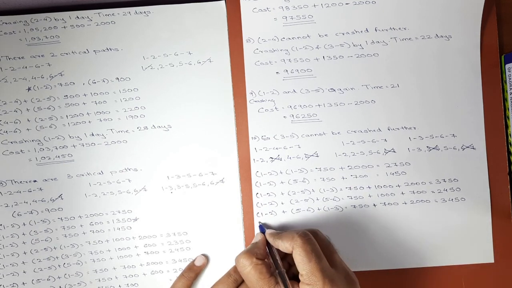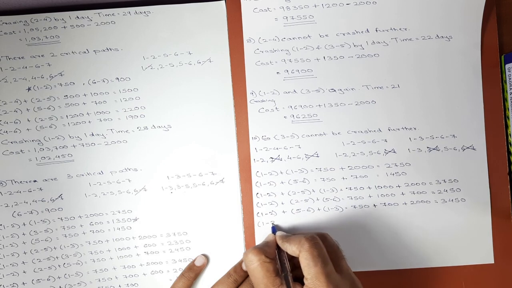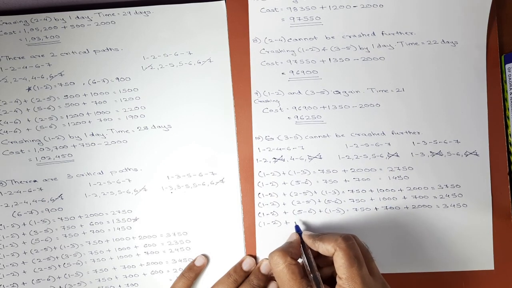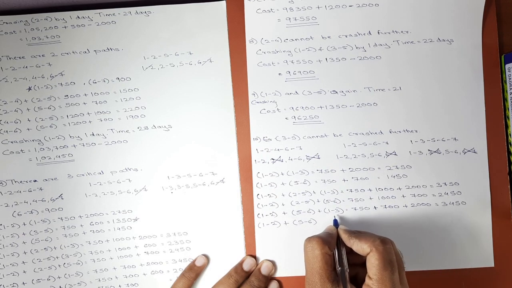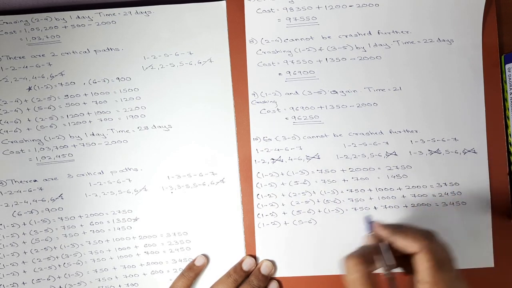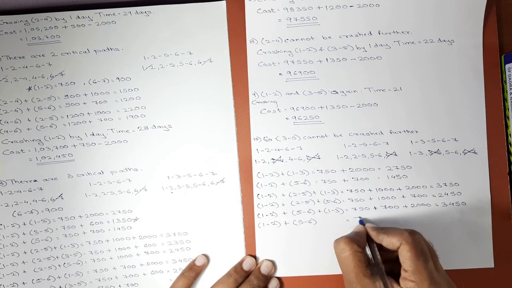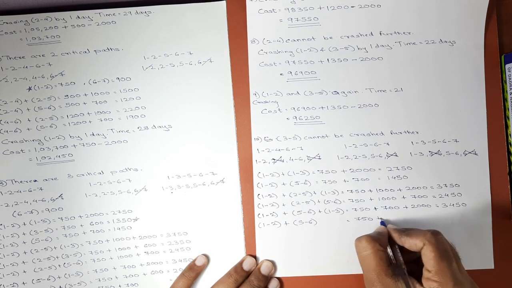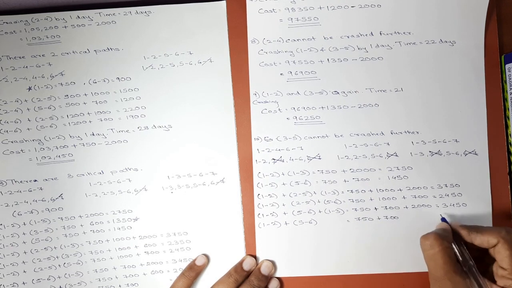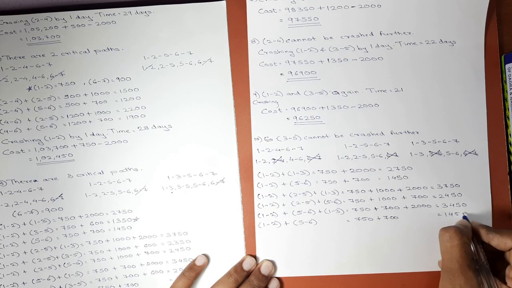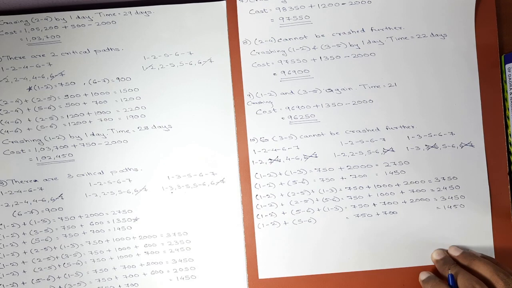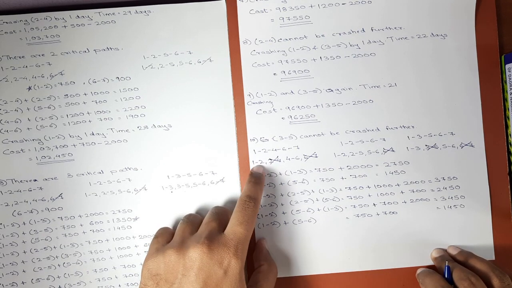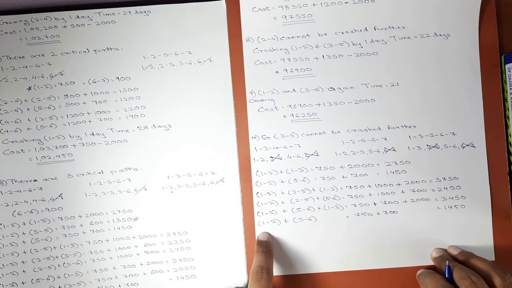The second combination will now be first activity from first path, third activity from second path, second activity from last path, but 5 6 will be repeated, so here it will only be 750 plus 700. Combined cost slope is 1450. Now if you see, first set was of activity 1 2. Set of 1 2 is over.